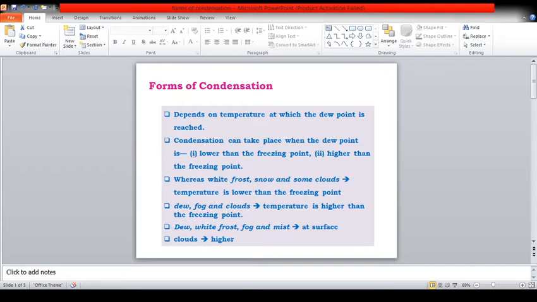The presence of minute solid particles in the atmosphere like dust, smoke, pollen grains, etc. works as condensation nuclei around which the water vapor condenses. Now there are various forms of condensation. The first is dew,